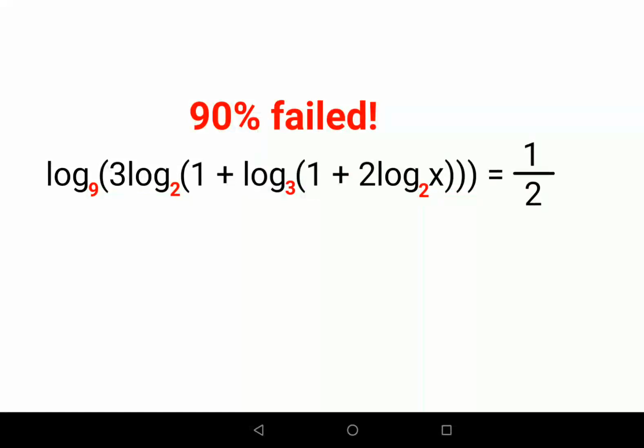Trust me, you can actually do this orally if you know one single rule of log, which states that log of any number to any base, log of a to the base b, if it's equal to some value m, then I can get rid of the log and say a equals b raised to m. So in this first step only, I can get rid of this log and this will become what?